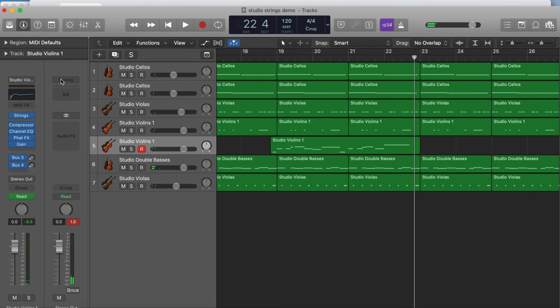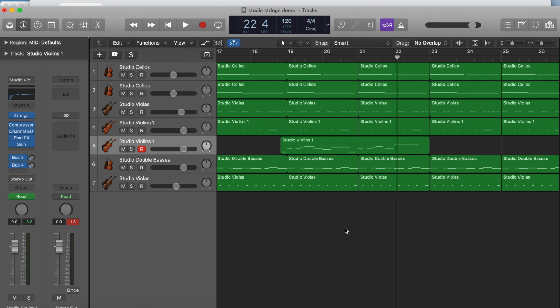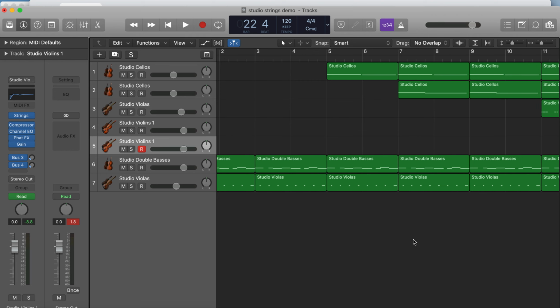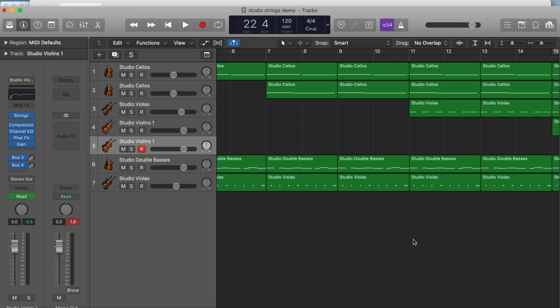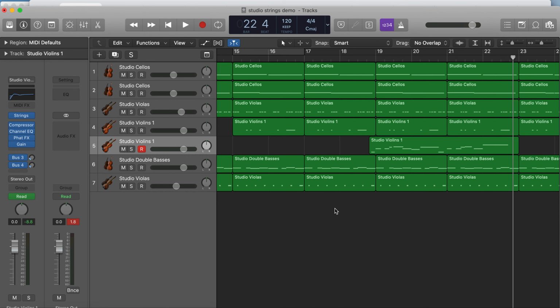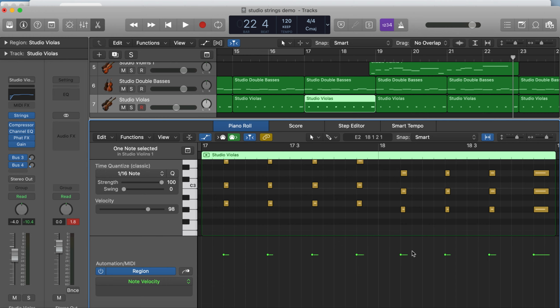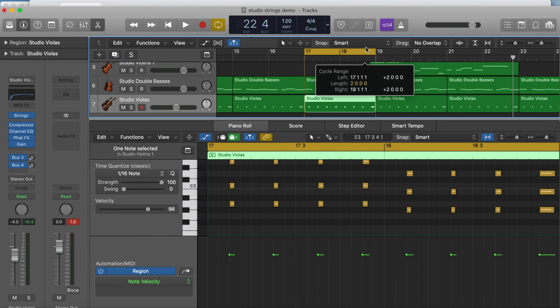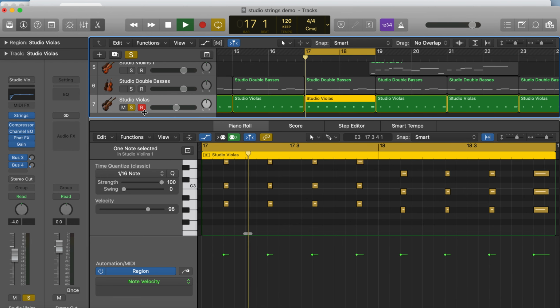There's a lot still to do with this piece, but I think it's beginning to get a nice sound blending together these different effects on the strings. So the key thing, once you've worked on that articulation, make sure you double click on the different parts and you then manipulate these velocities. You'll see I haven't done that on these chords yet. So for instance, these offbeat chords on the viola,